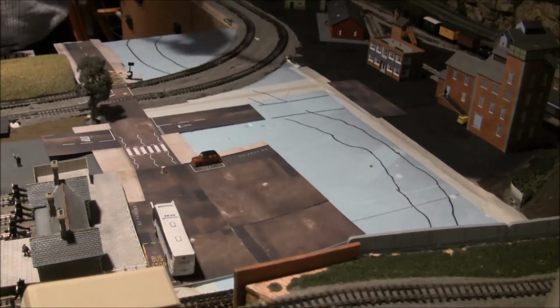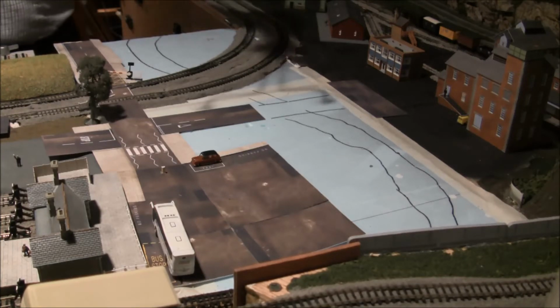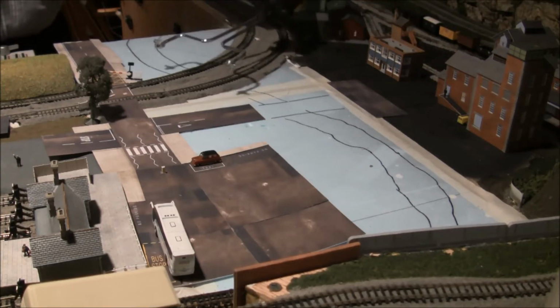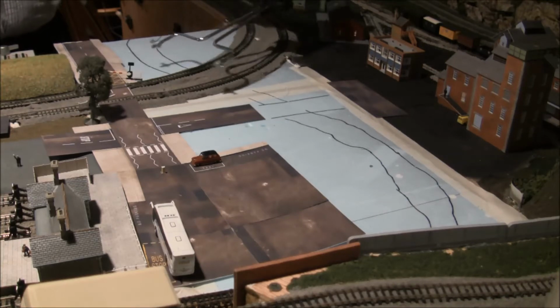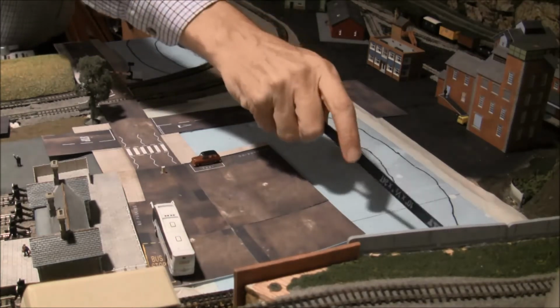Got my hacksaw blade handy. I've already marked out a rough pattern of where the river is supposed to go. And so let's get to it. I'm going to use my Woodland Scenics wire cutter to finish off, and underneath here to remove the foam from under the cork here and over on this branch